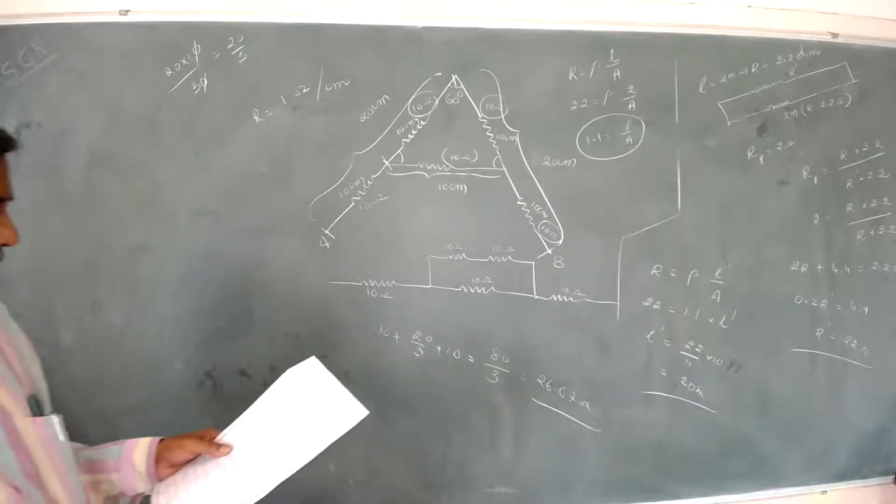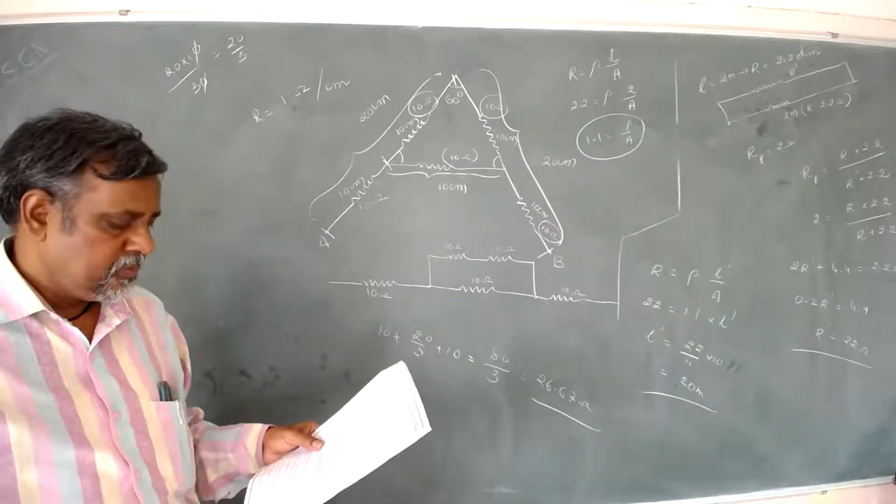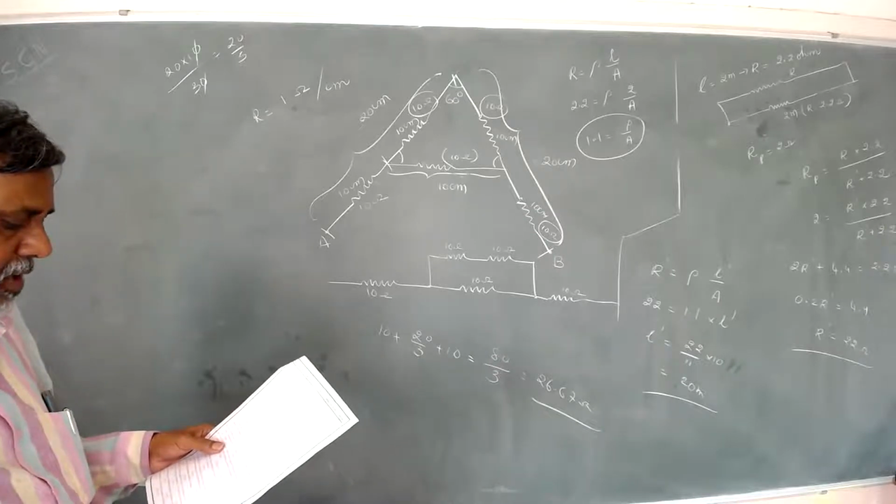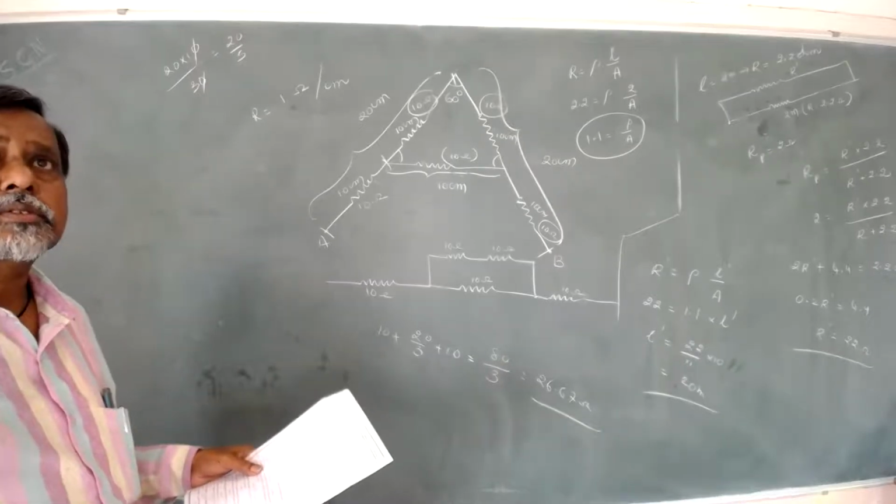Now coming to the next thing. Two resistors are in the ratio 1:4. If these are connected in parallel, their total resistance becomes